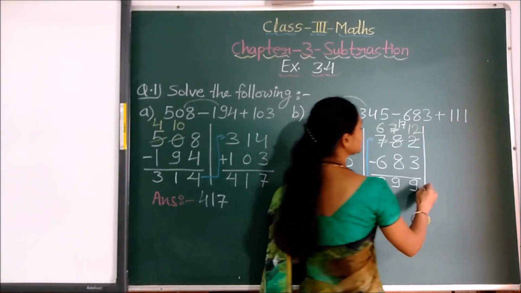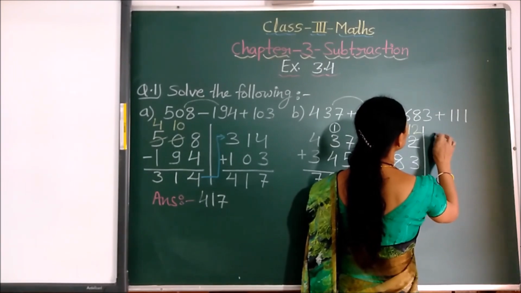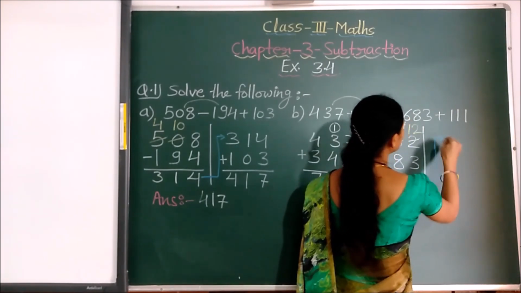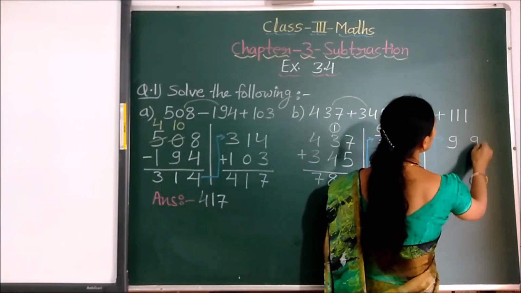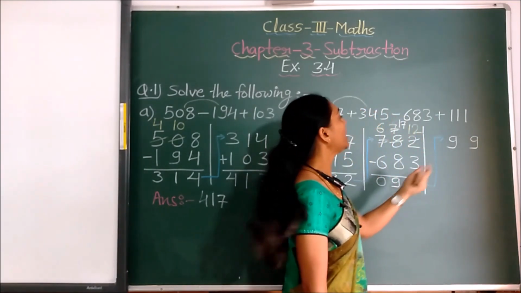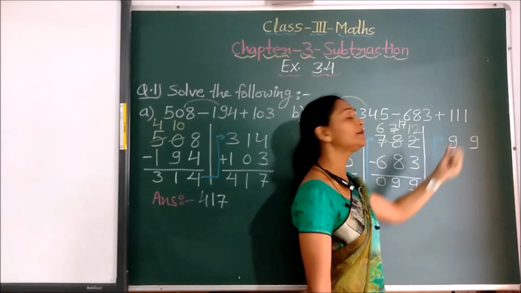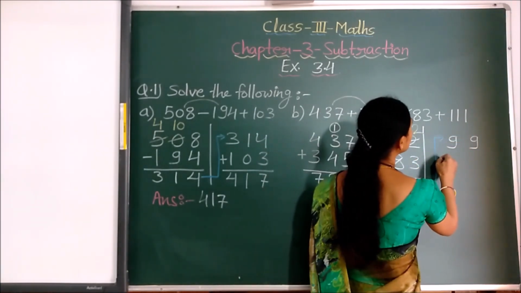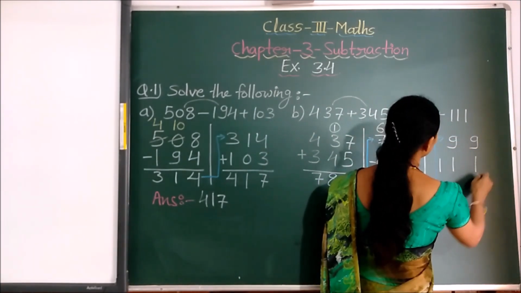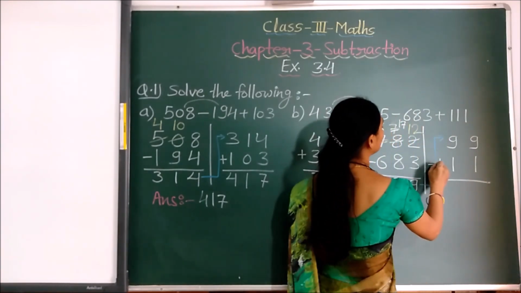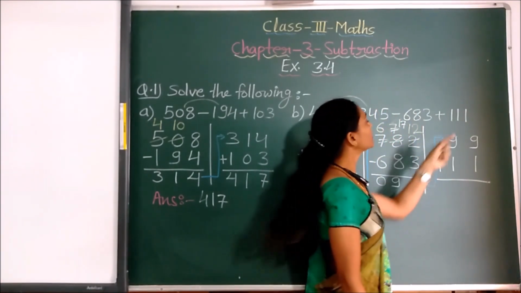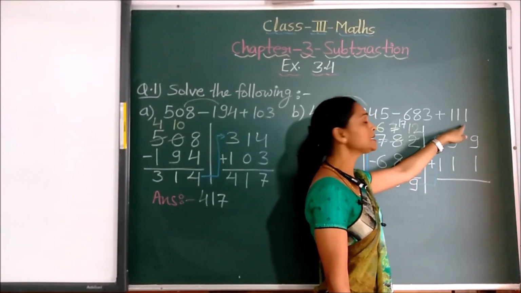So we will take this number up here. See, and then we will write this number here, 99. And then what to do? We have to add this 111. So we will write here 111 and these both the numbers we have to add. So we will put here plus sign because here it is plus before this.